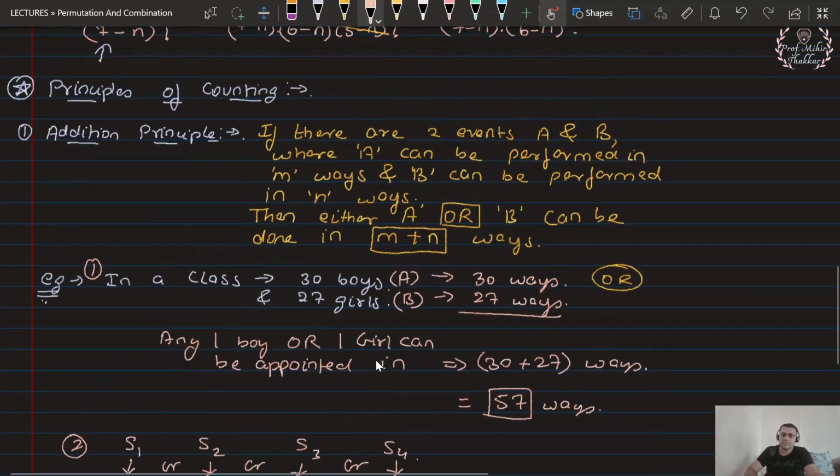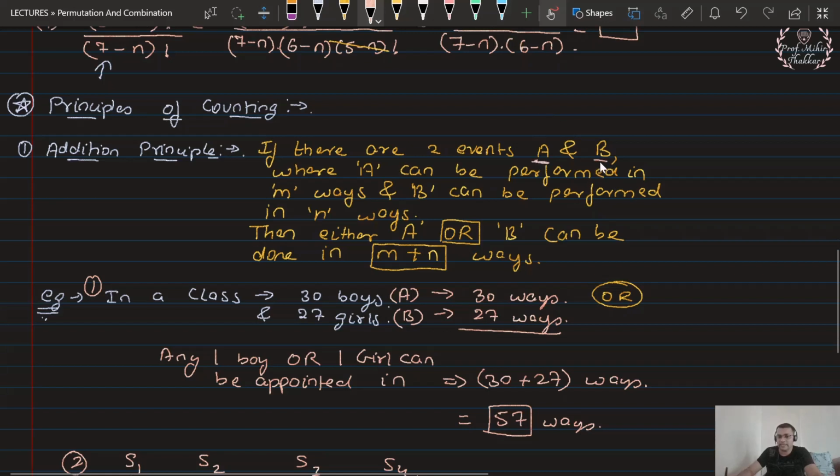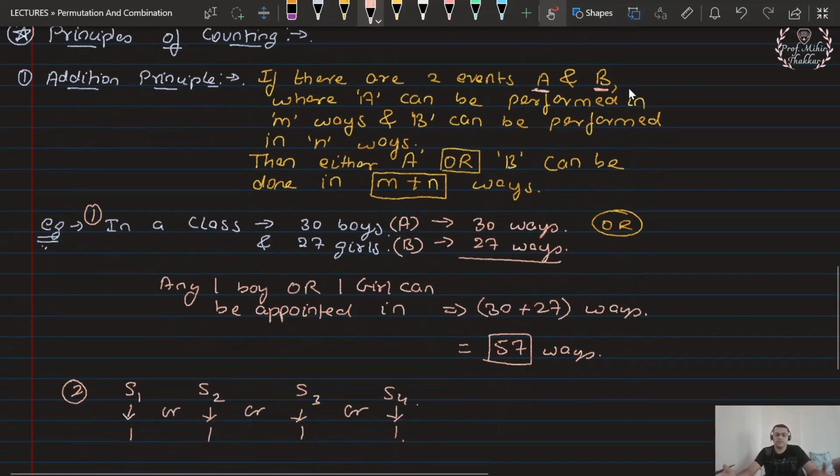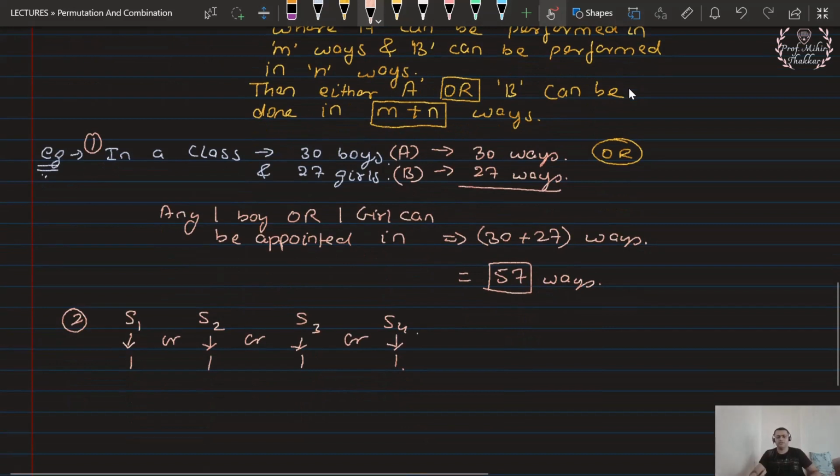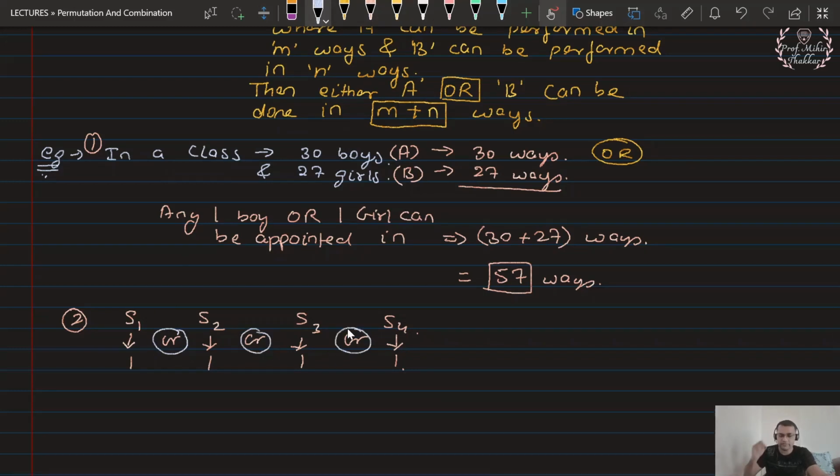So it is not necessary that there will be only two events like I gave you in the above definition. In the definition we write just two because we cannot write all the cases together in one definition. That's why I am giving you the second example for your understanding, that the number of events can be any number of events, 4, 5, 6, 7, 8, multiple events can be taken together. But what you have to understand over here is that if there is the word or in between the different outcomes, you have to add all the possibilities.